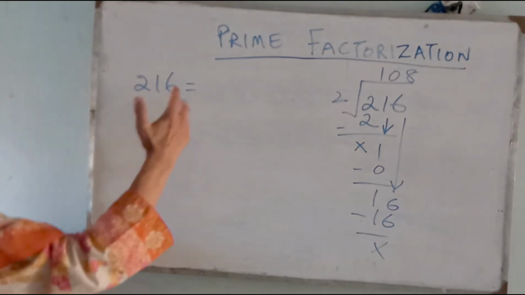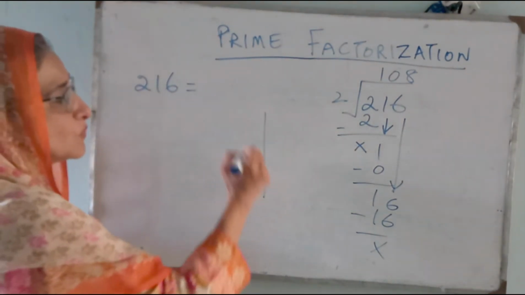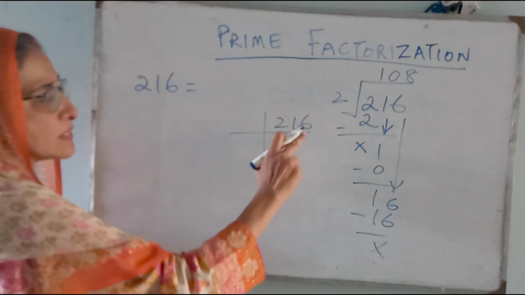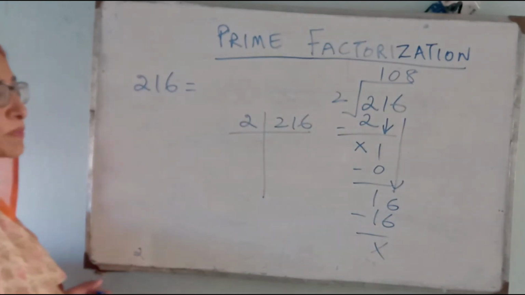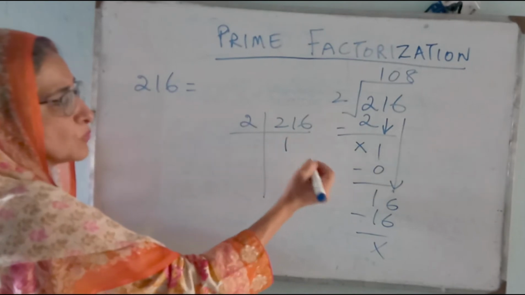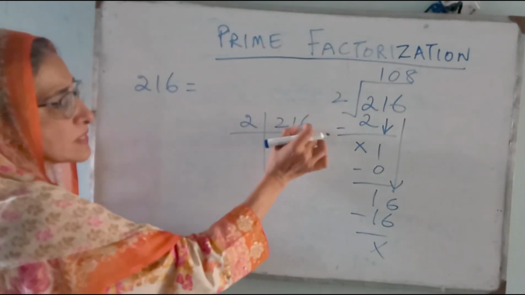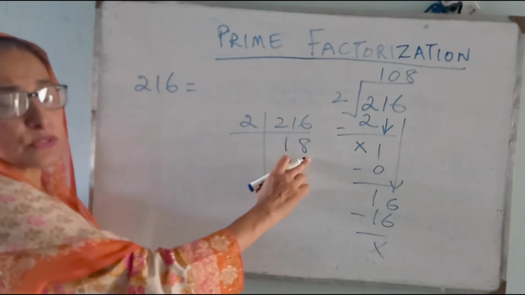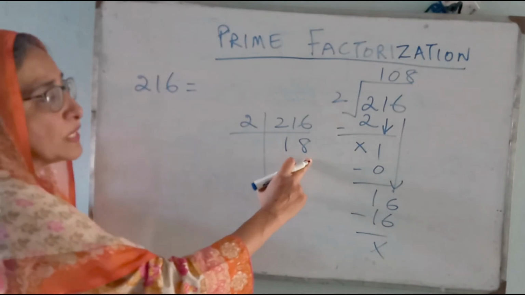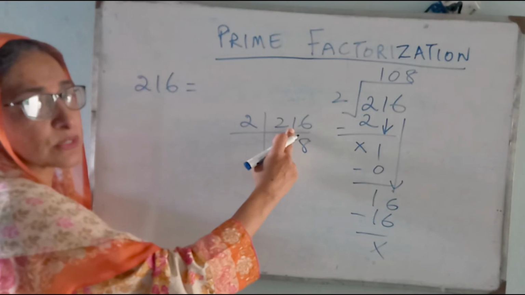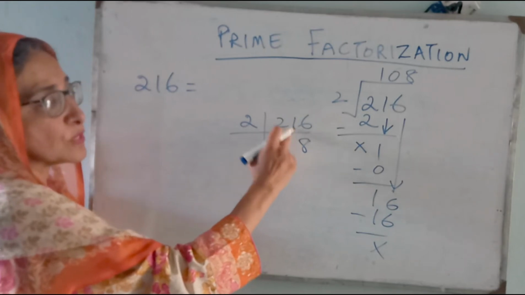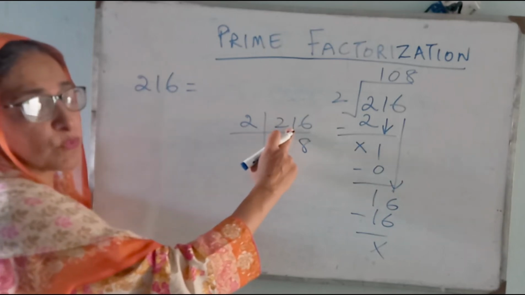So when I have to find the prime factors of 216, since 6 is an even number, this is going to come in the table of 2. 2 1s are 2 and 2 8s are 16. Usually children do this thing. They completely forget that this number is also included in the question. So we also have to divide this 1 by 2.